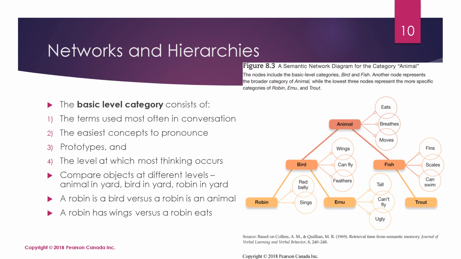So the basic level category consists of the terms that are used most often in conversation, the easiest concepts to pronounce, the prototypes, and also the level at which most thinking occurs. So for example,